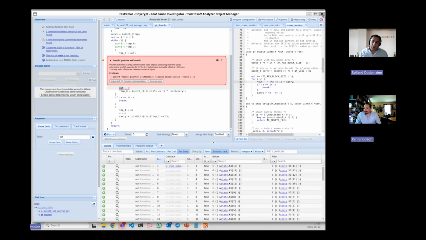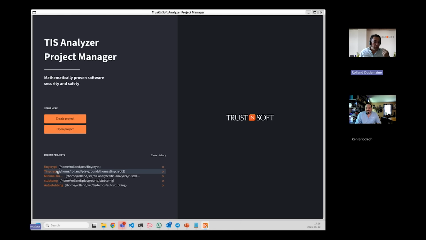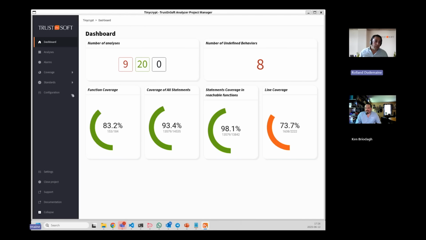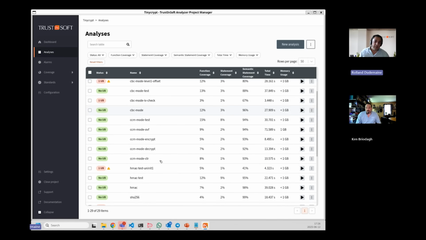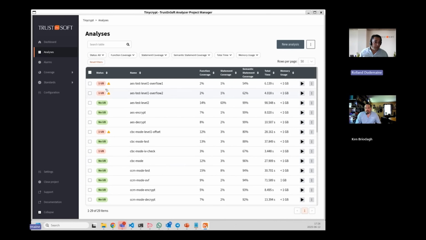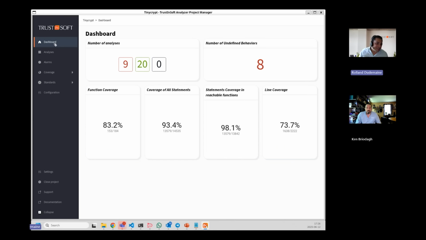Very, very cool. The second part: let's pretend I've done a lot more work. I've prepared another project, which is not just one analysis going out of the box, but actually doing the same analysis on all the algorithms and doing it entirely. So here I have way more analysis and it's a complete list. We found those 8 bugs. Actually, I think there's a 9th one, but at least those 8 confirmed bugs here. And that's actually quite frightening for that stack, but it is what it is.